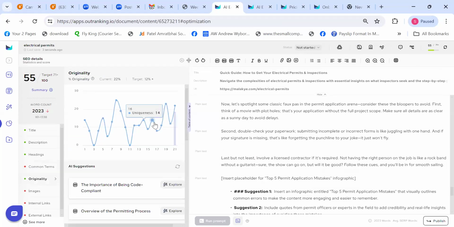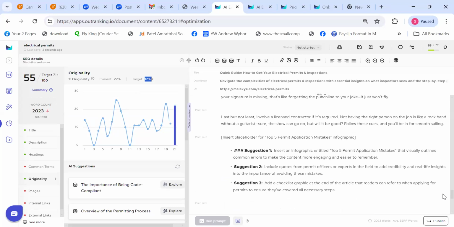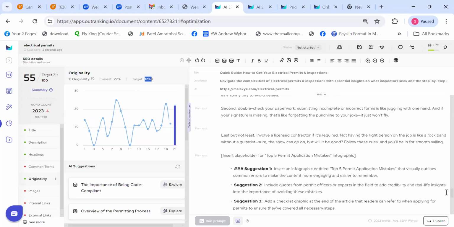Moving on to originality. So this is something that I was talking about earlier. You can see the entire competitive analysis of your competitors along with the uniqueness originality score on the content of your competitors. And you can see the target is 12%, that is average, and the highest is 25%, which is ranking on the eighth rank. The first rank has around 14%, and this one is yours. So yours says 22. Why? Because these are the suggestions that have come up here, and if you implement any of the suggestions anywhere, wherever it's possible, your current originality score will be around 22%.